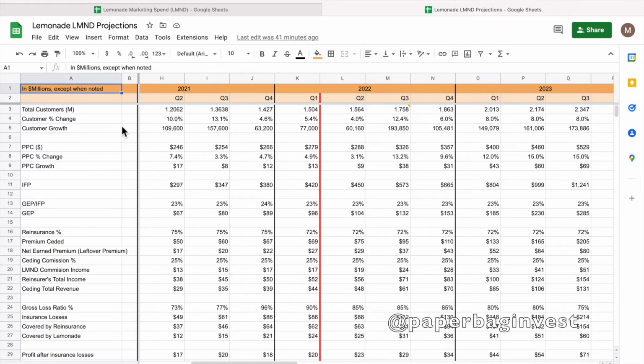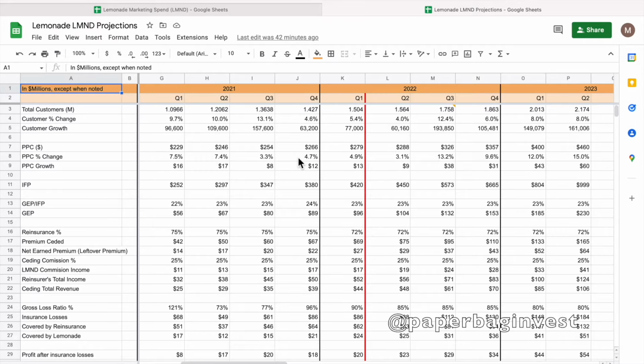Okay, so let's dive into the model. And to be absolutely clear, this is one possible model. There are a lot of assumptions and a lot of uncertainty when you're trying to model out what the future could look like for a high growth company like Lemonade. A lot of the assumptions you have to make could pan out either to the upside or the downside and could have a significant impact on what the future of the company holds. So this is just one such model, still a work in progress, still something I will be refining over time and certainly updating and reviewing with you guys quarter by quarter as Lemonade's story progresses.